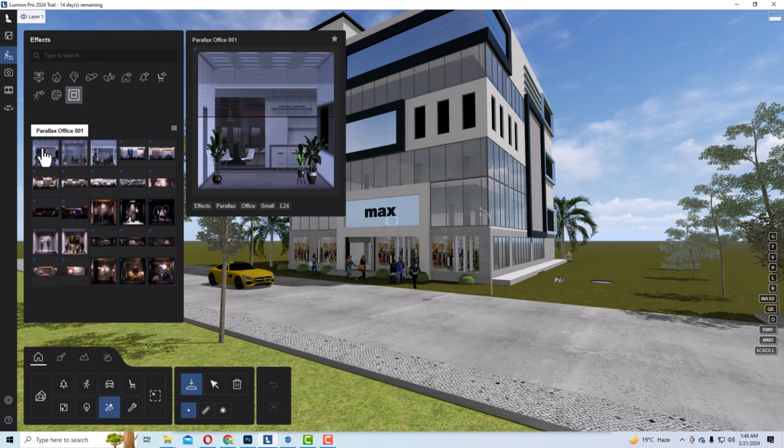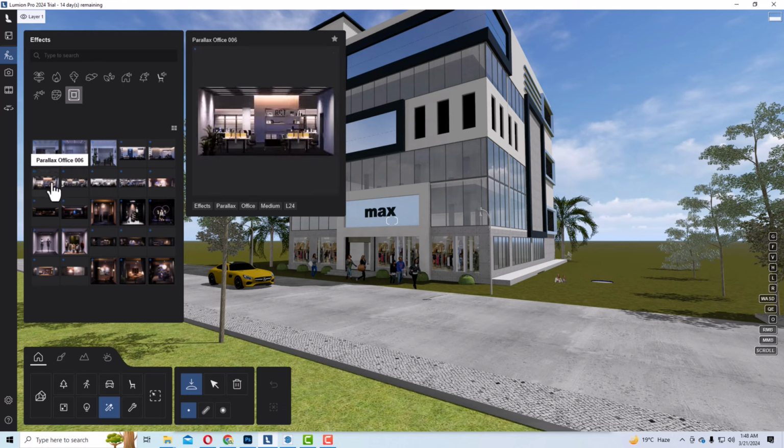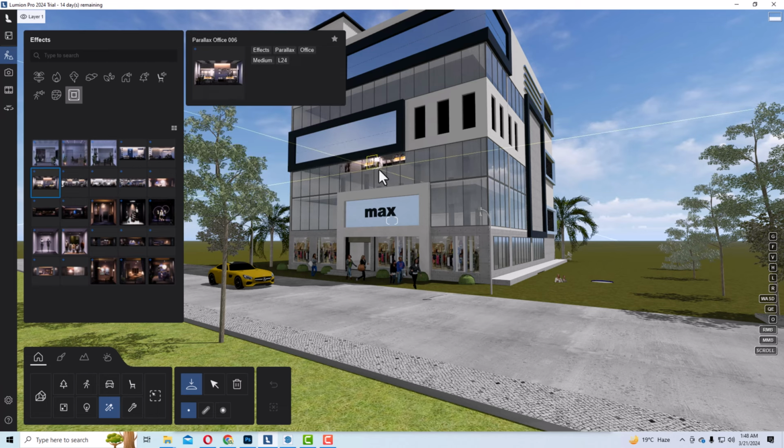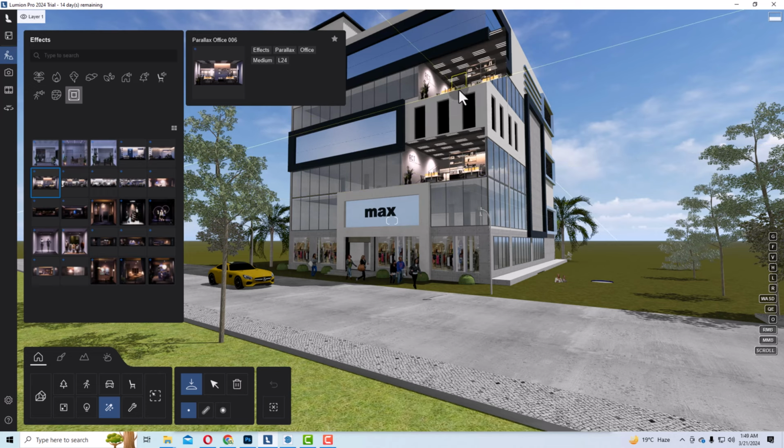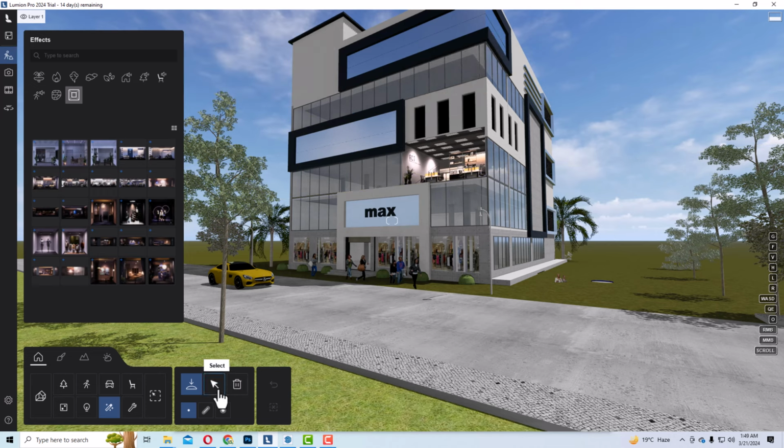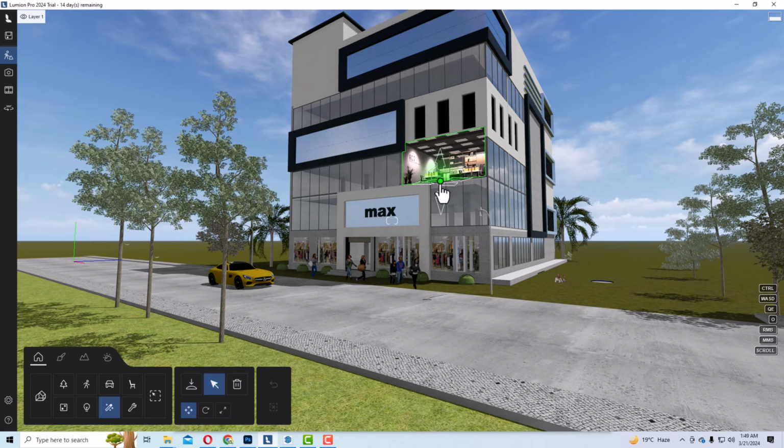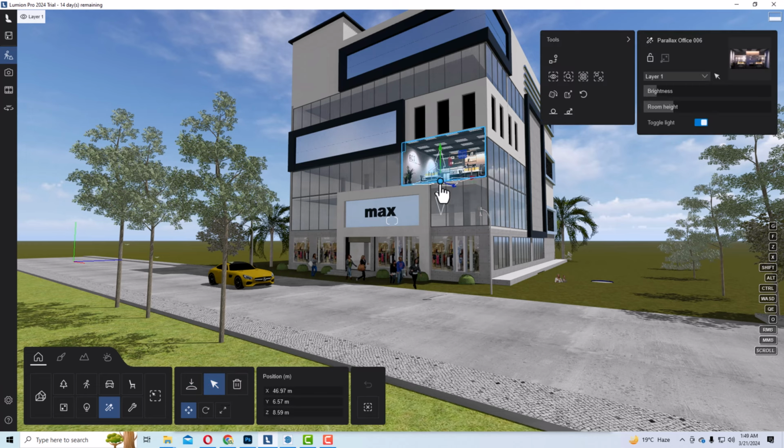And suppose I want to show this office space, parallax office, I'm going to double click here and bring this here, and I want to show this as office space. So you can bring it here, you can place it like a decal, and now I'm going to use this select button. You can see this icon here, you can select this space and you can increase or decrease the